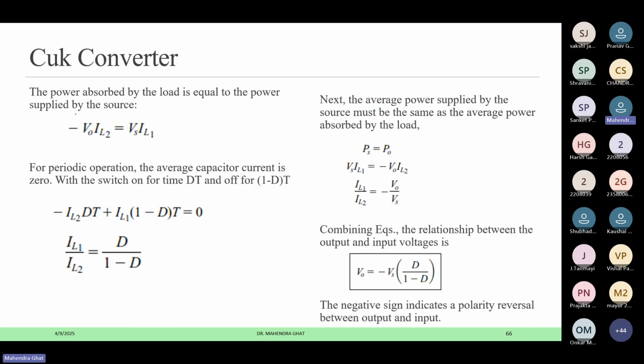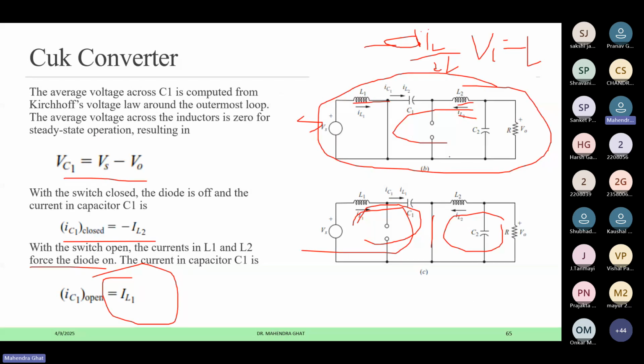Now the power absorbed by the load is equal to the power supplied by the source. So here again we are saying that there are no losses. Whatever input power is there, output power equals that. Now output is nothing but VO into IO, minus VO because polarity is getting changed. So minus VO into IO, and IO is nothing but IL, because the same current is in this condition